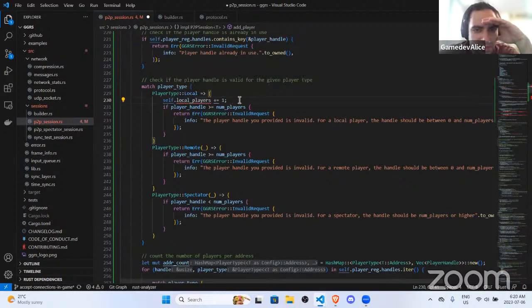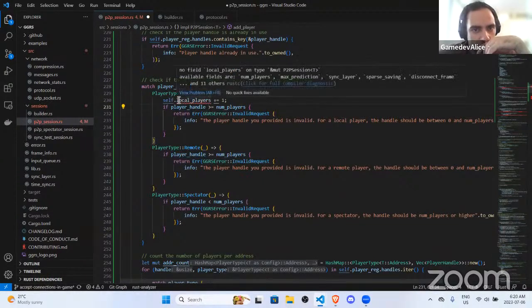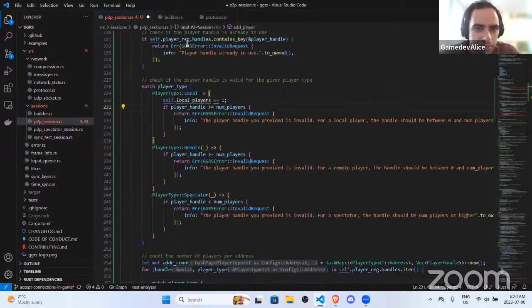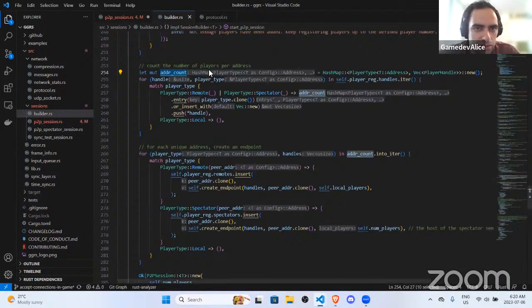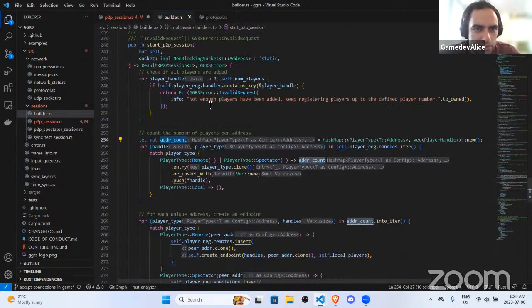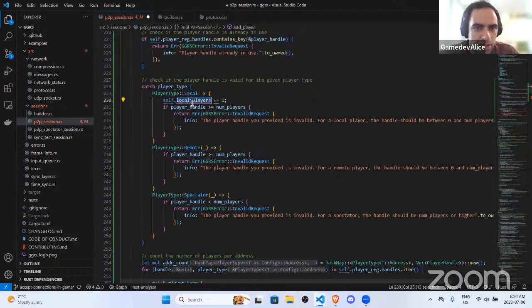Because there could be multiple local players. Okay. This is copied from a different function which has a local players. Yeah, this is the builder local players. By that point,